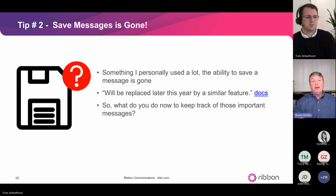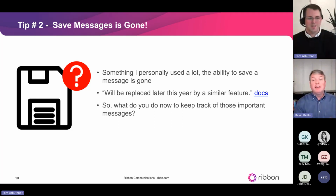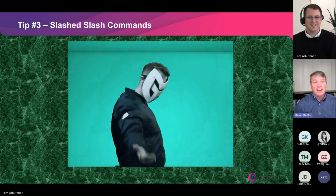Yeah, that's a good point, because things like presence status alert changes are gone as well. And they're not bringing it back because they say their telemetry tells them nobody used it. So some things you are losing. And then if we go to the next slide, I think this is in that same...